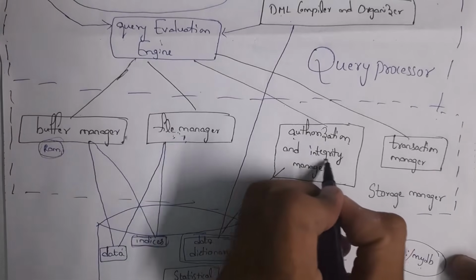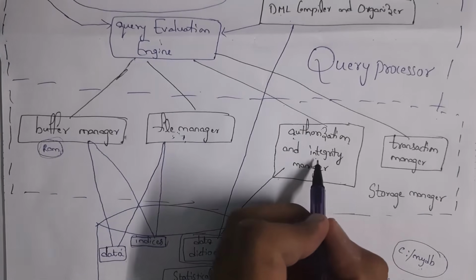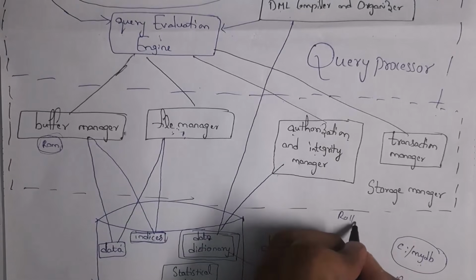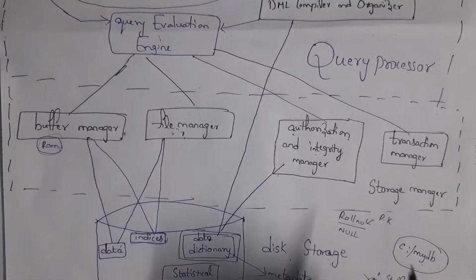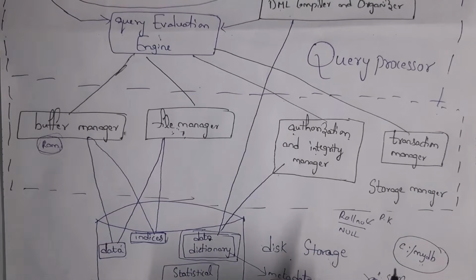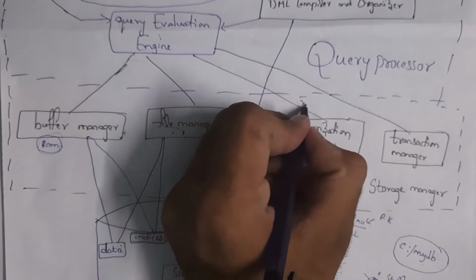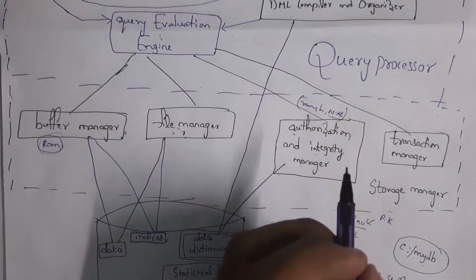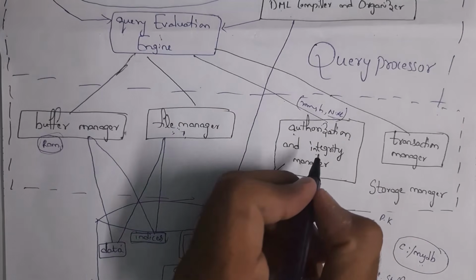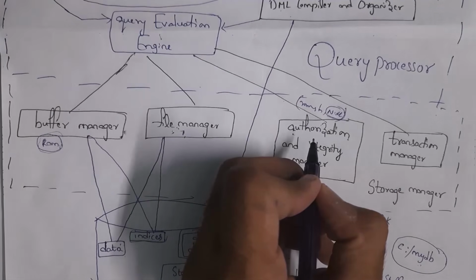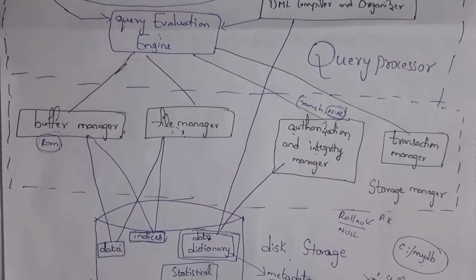Guys, integrity manager is nothing but integrity constraints. Integrity constraints are nothing but rules. If any column contains rules, those rules are handled by the integrity manager. For example, in the student table for the roll number column, I applied primary key. Whenever I apply primary key to this roll number column, then this column will not accept null values. For example, one user wants to insert data like name Ramesh and for roll number he wants to give a null value. So the integrity manager will verify his request and immediately give a response like roll number can't be null. Whereas the authorization manager will check whether that user is an authorized person or not, the integrity manager will check integrity constraints. Integrity constraints are nothing but rules.